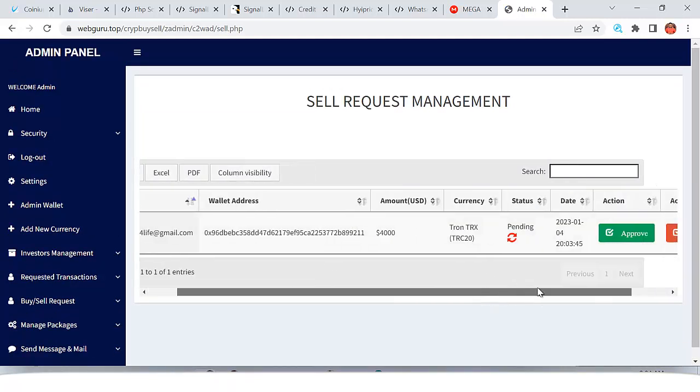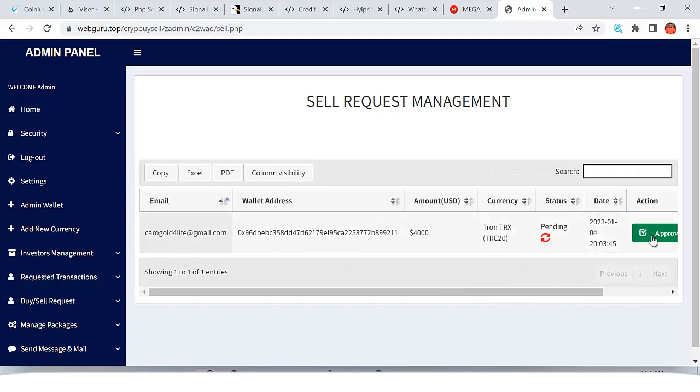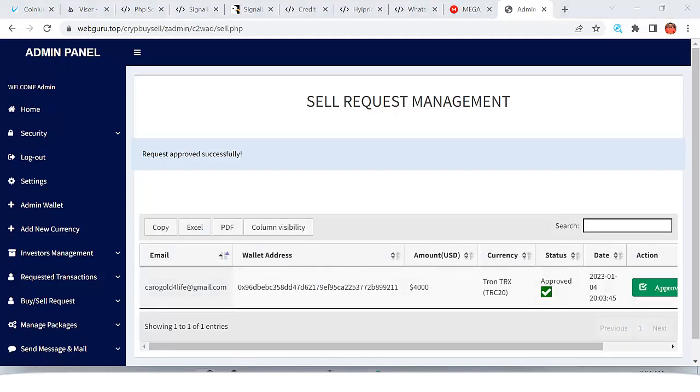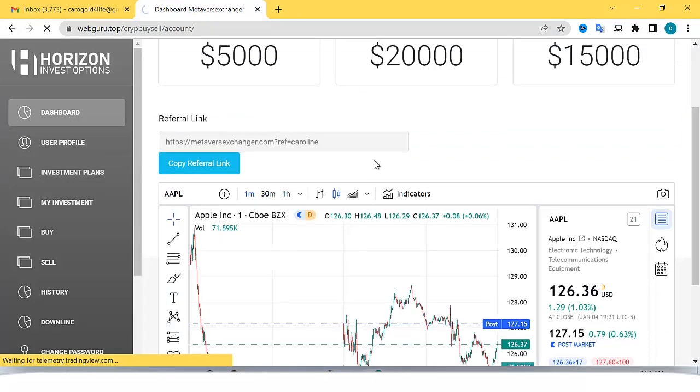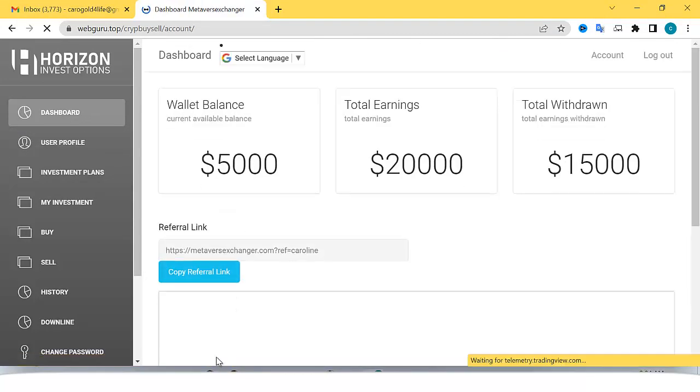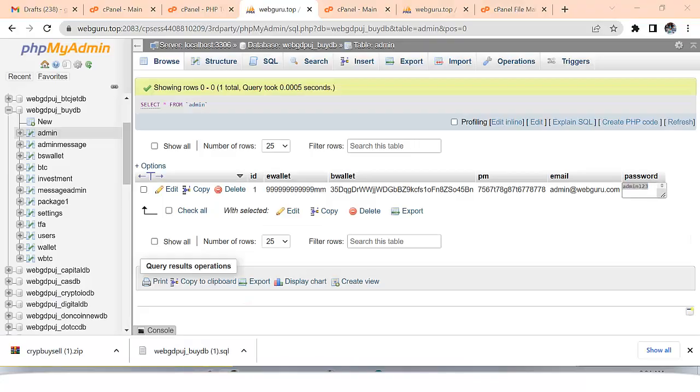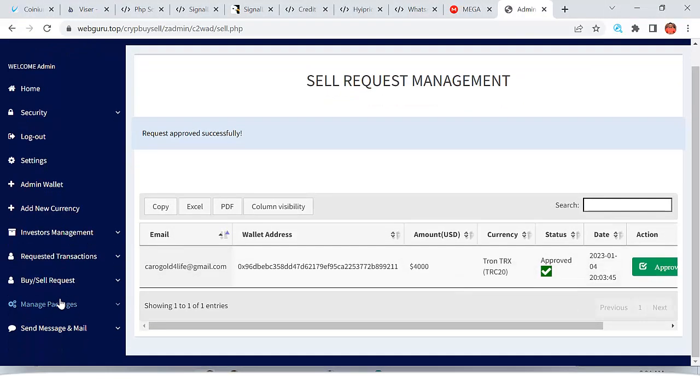So you're going to see that you're selling $4,000. So admin can approve that also, right? And we can approve that $4,000 and then can even manually deduct that $4,000 from your account. Awesome, right? So let me go to